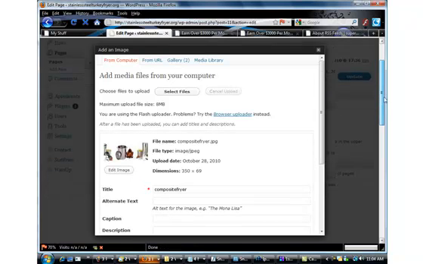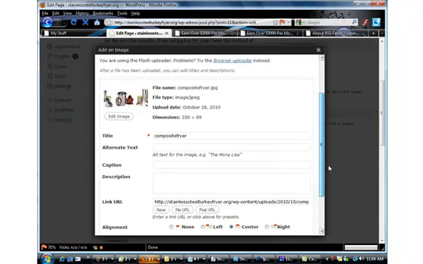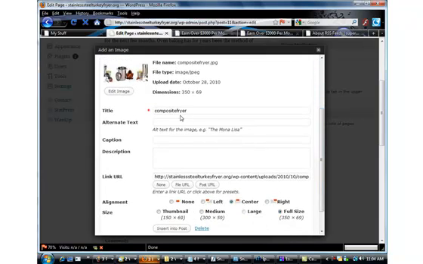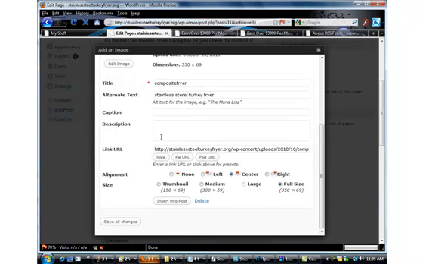And now it's going to ask for some more information. Scroll down, and there's a title. And now alternate text is very important for SEO because search engines cannot see images, and so those images don't do you any good when they come to your site. So you want to have an alternate text here, and the alternate text, of course, should include your keyword. So I'm putting the stainless steel turkey fryer in there,